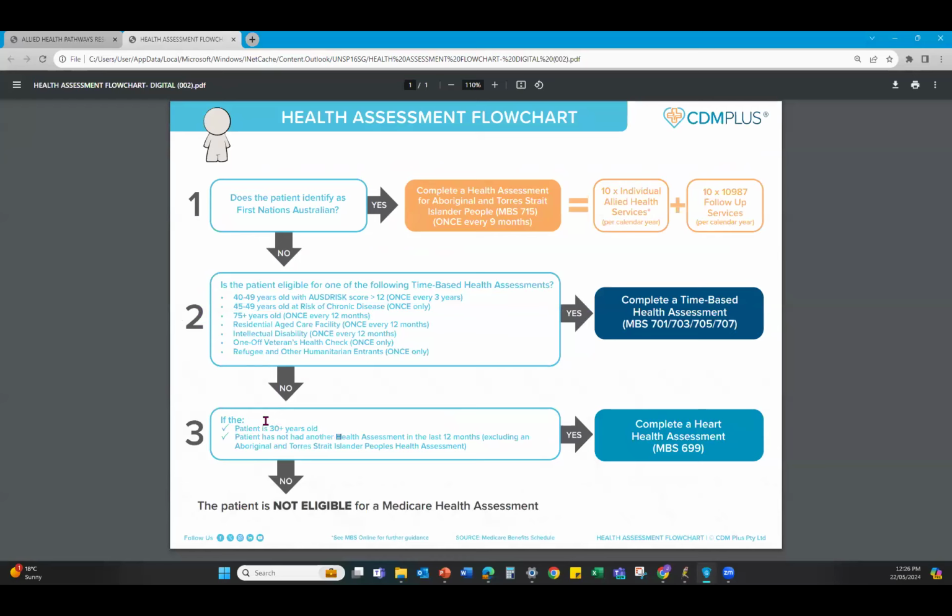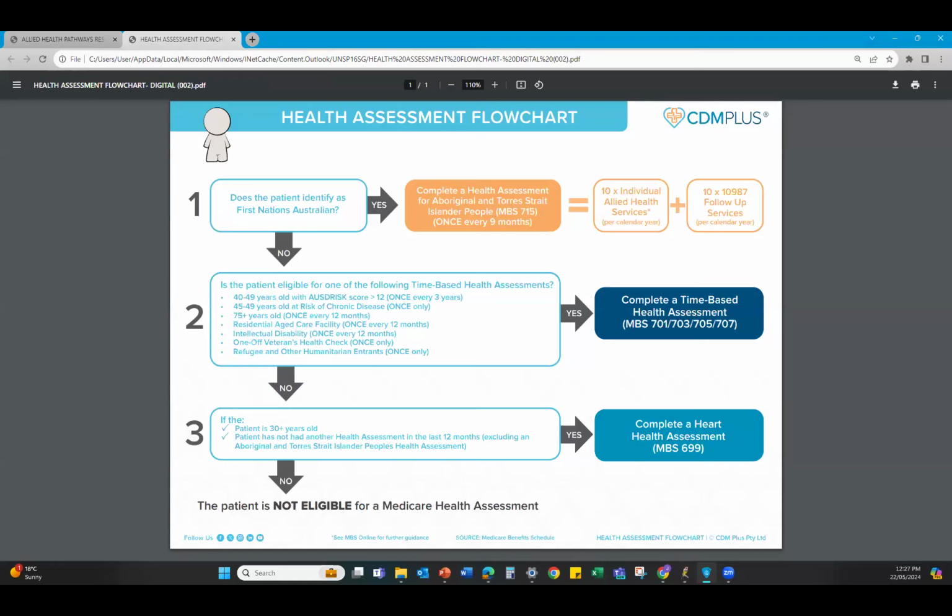So a lot of clinics are starting to do the 30 from 30 up. So they'll recall patients from 30 to 39, and then they'll recall patients from 50 up until 74. So they'll kind of do those in between groups. But I think just take it that next step further if you can, and think about it from a big picture. If patients are eligible to have a health assessment every 12 months, the name of the health assessment,